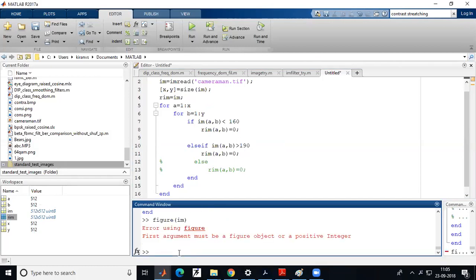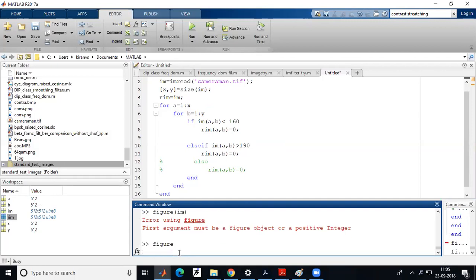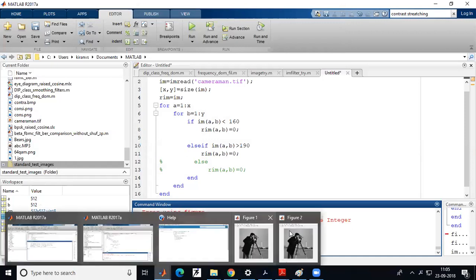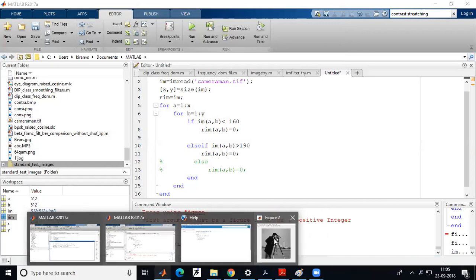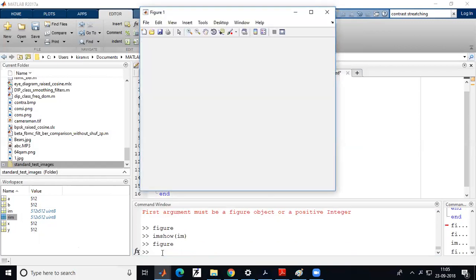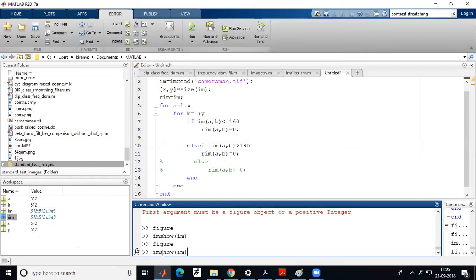So this was the original image. Now what I have done is applied some transformation just to convince you that it is a possibility.